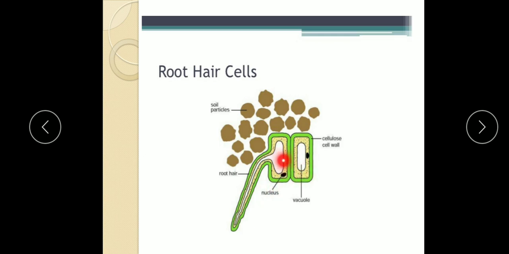And now you see that this epidermal cell elongates and forms the root hair. So this is a complete structure of the root hair cell. This is the cell and it is the elongation. This forms the root hair, and this root hair is in close contact with the water surrounding the soil particle. These are the soil particles. So the diagram which is given in your book, this is the diagram of root hair that you draw in your book and your notebook for practice.